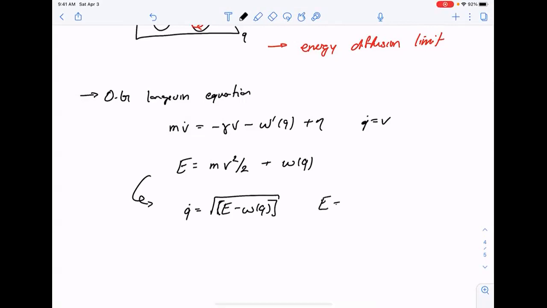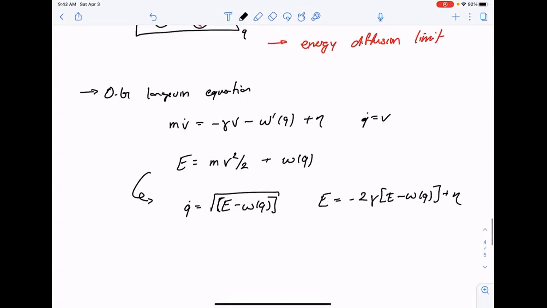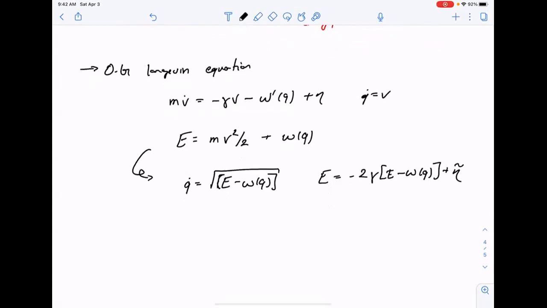The equation of motion for the energy follows by just taking the derivative in time with respect to the energy, substituting in the equation of motion for V dot, and one gets 2 gamma (E less omega of Q), plus now some new noise inherited from the equation of motion for V,